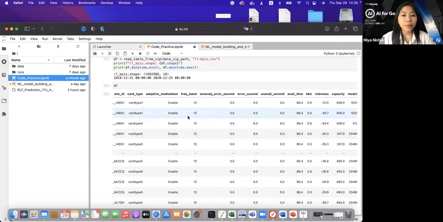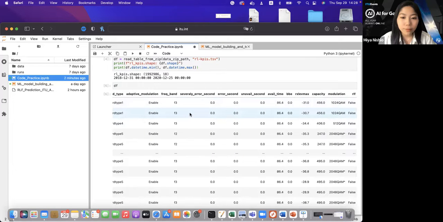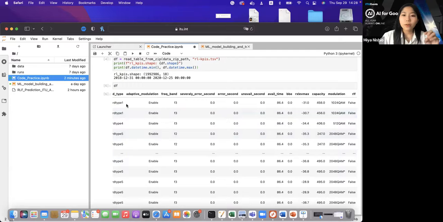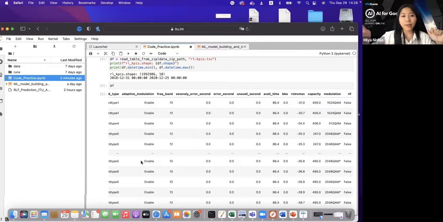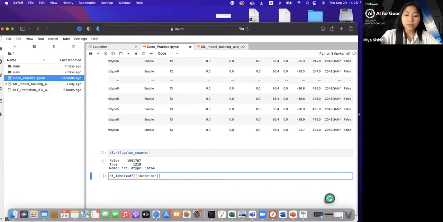So right now, this radio link failure is only giving us the radio link failure for these dates. So what we're going to do is add columns on the right to get, for example, on this row, radio link failure values from other rows for days in advance. Specifically, we're going to add radio link failure values from after 1 day to 5 days. So I'm just going to show really quickly how we'll do that. We're going to create a new data frame.